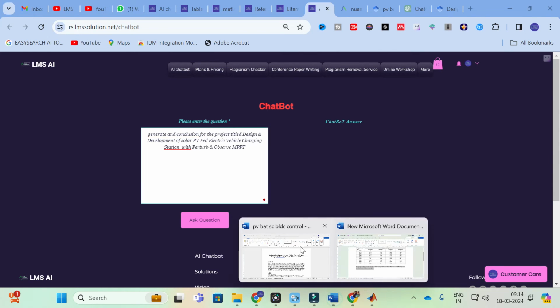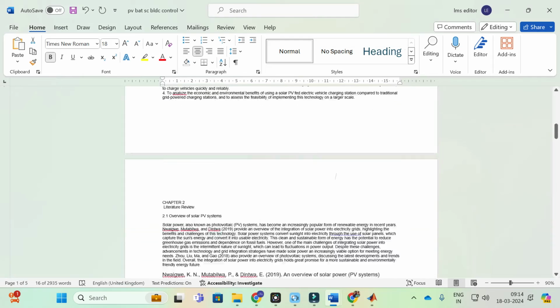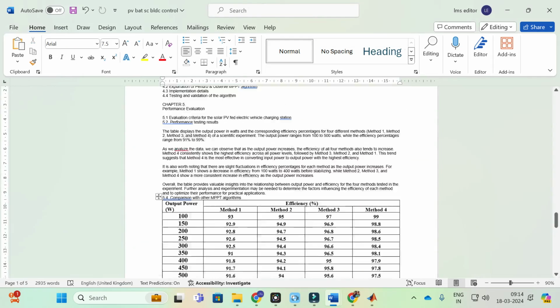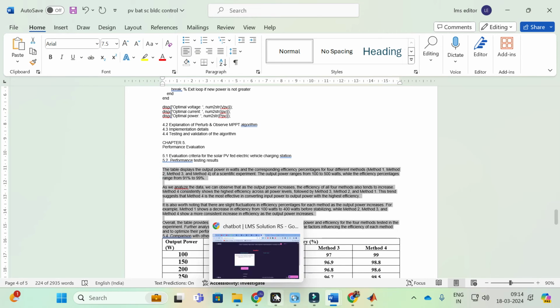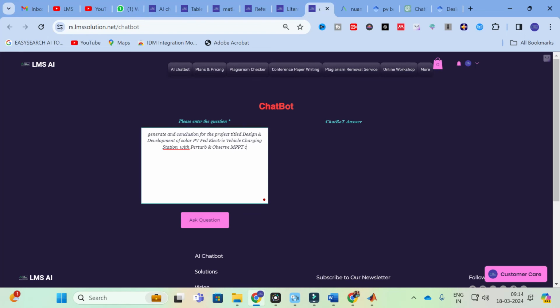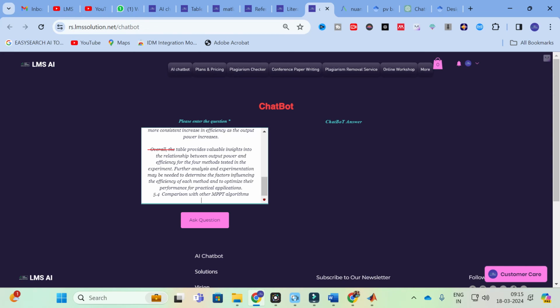And the important thing is that you can give the table explanation. Go to the chatbot again, considering the results table. Like that you can give an input, because whenever you are writing a conclusion, you